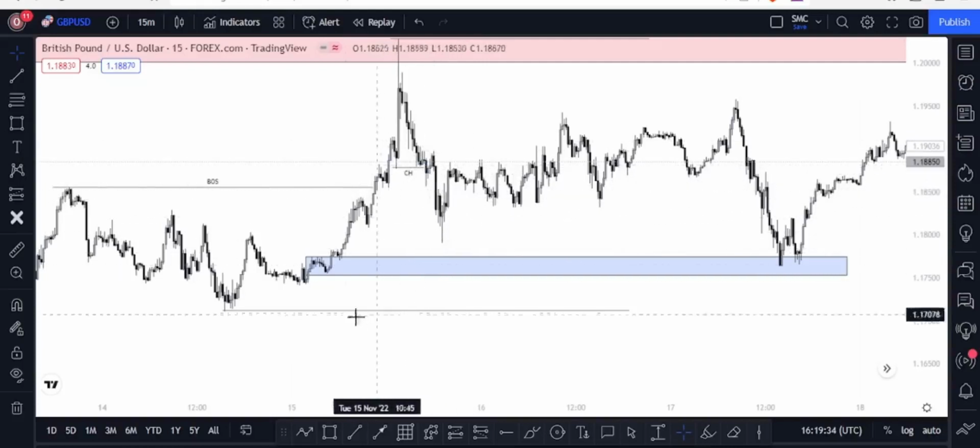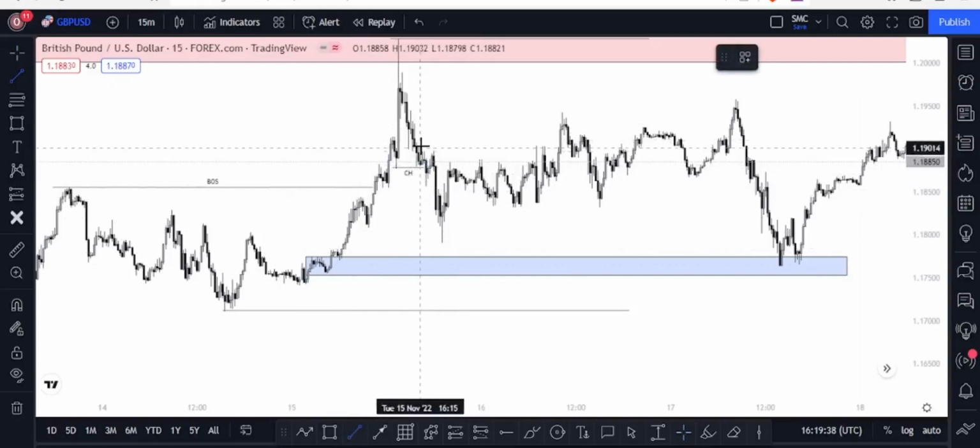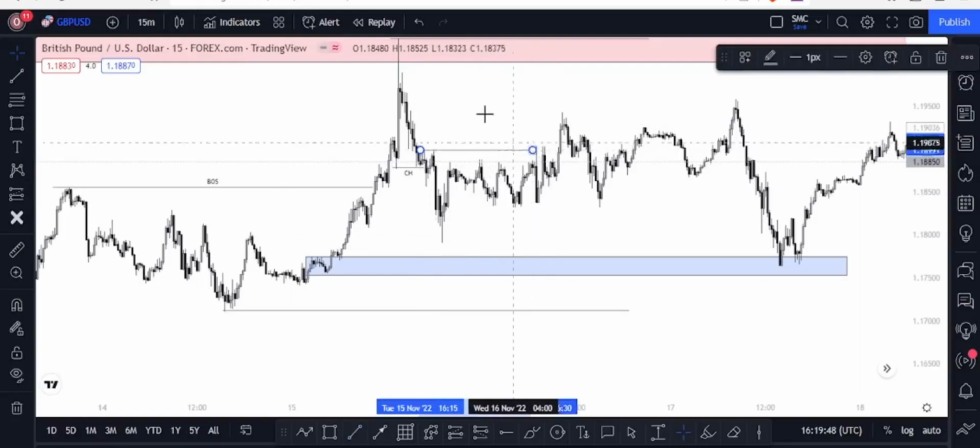This again is your liquidity here. Don't forget all the highs that you see in the market. If you want to clearly identify these highs that will serve as liquidity,